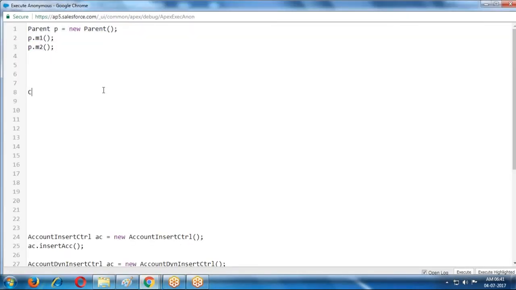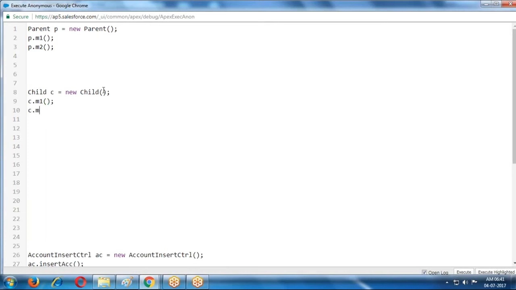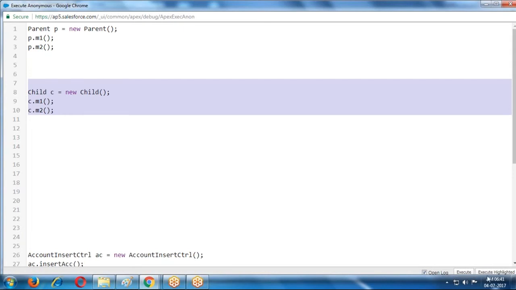Suppose I am creating child c equals new child. Now I'm calling the c dot m1 function and c dot m2. Can I call m1 and m2? Yes, we can call m1 and m2 functions.